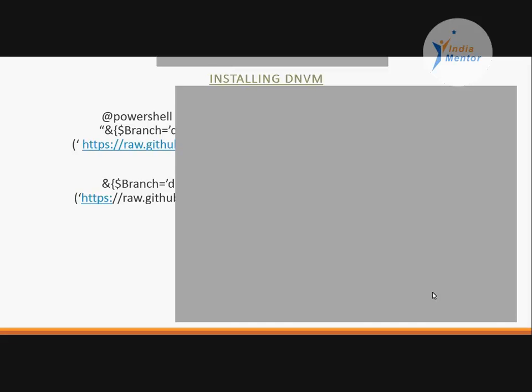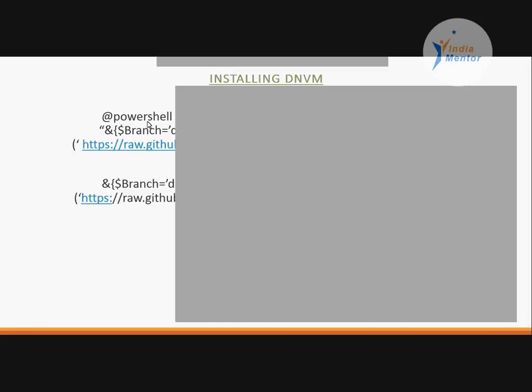Once you are sure that your DNVM is in place, why not quickly try and build a small application. So the command here, the first one, takes care of your execution policy also.